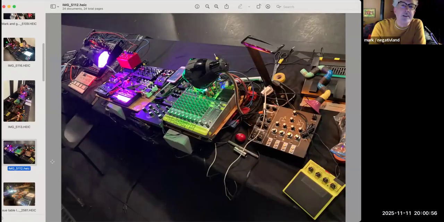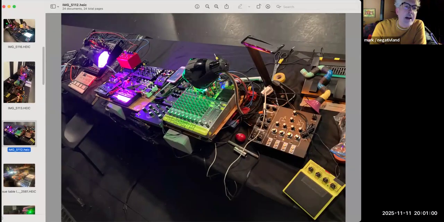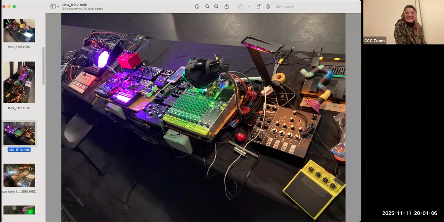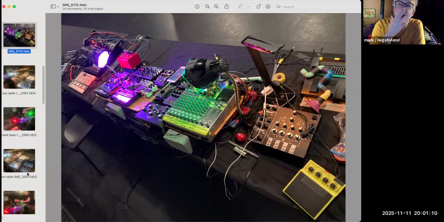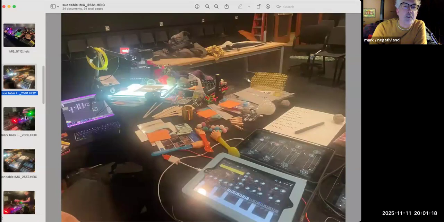It takes me forever to set all this stuff up and plug everything in. That device there is the same device that Richard was demonstrating a few weeks ago. Oh, right. So, yeah, we have the same thing. I thought about using that in this talk, but then because he did it, like, okay, that's taken care of. Yeah, here's just a few more pictures. This shows Sue's setup.